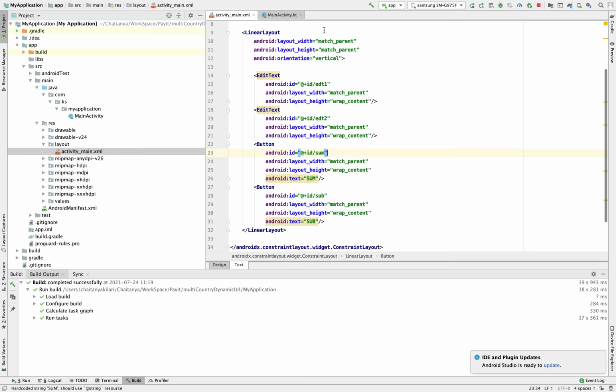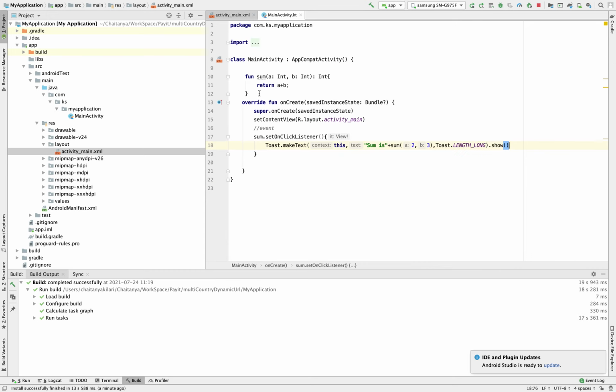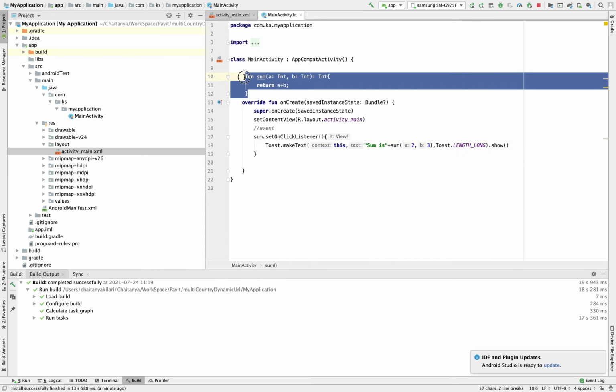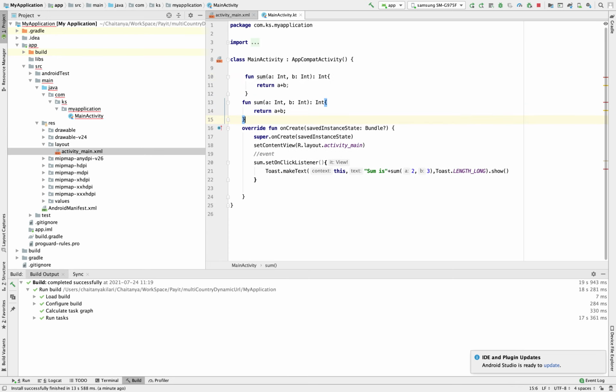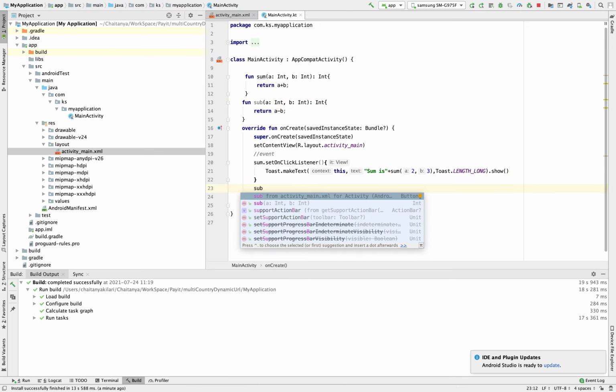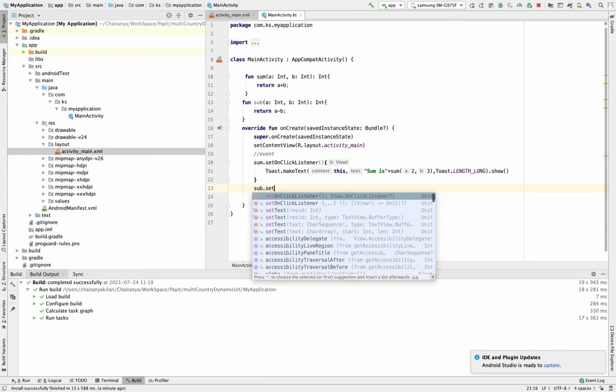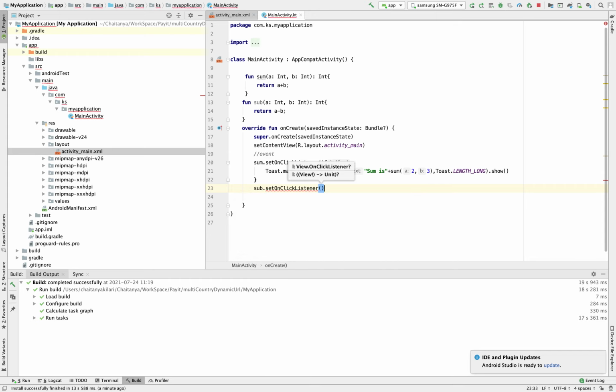The ID and the text value we are changing. Now we are writing one more function, function sub. Subtraction means a minus b. Here we are writing the sub function. Okay. Now we are writing one more event, that is sub dot set on click listener of